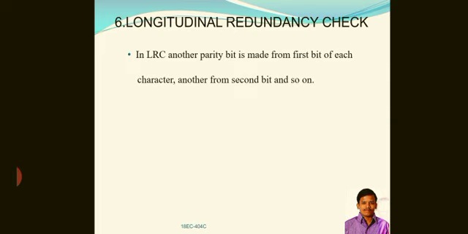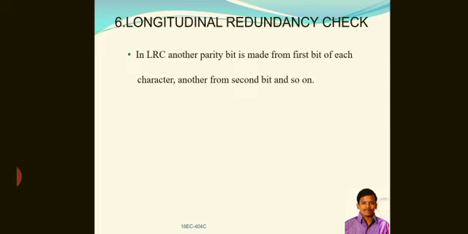As I told, here also the data will be divided into an equal number of blocks. In each block we are making a parity bit from each character.